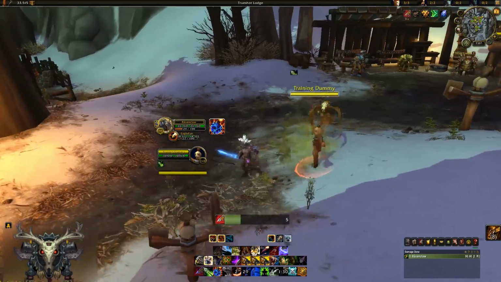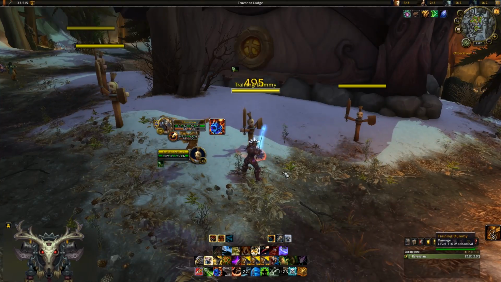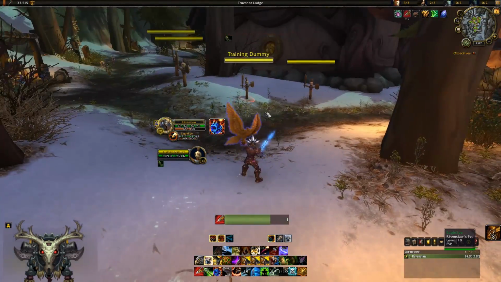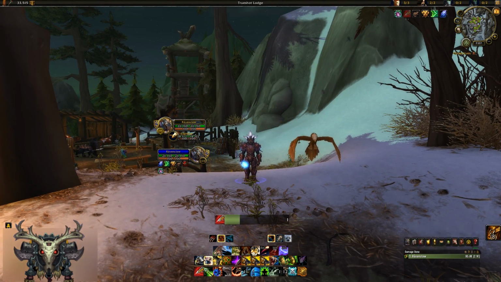Rinse and repeat. Like I said, it's very situational depending on the fight. Obviously, the target is not going to stand there while you just go away and slap him down. But that's sort of an idea as to what you want to use and when you are in a PvP situation. Now, Aspect of the Eagle